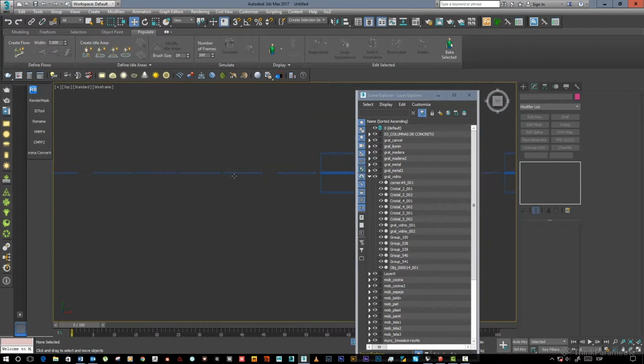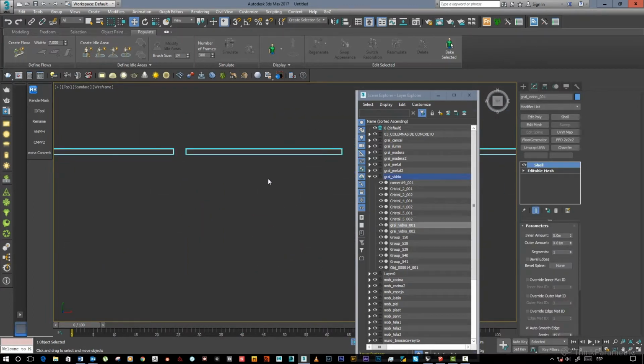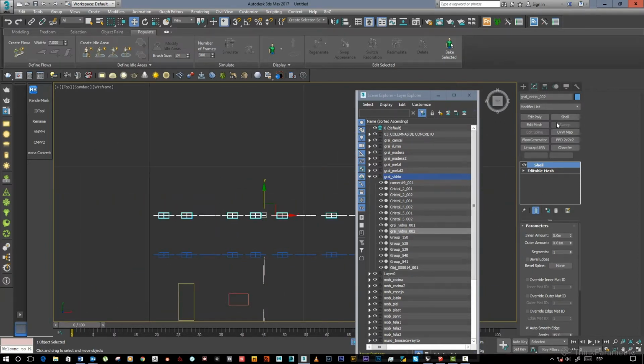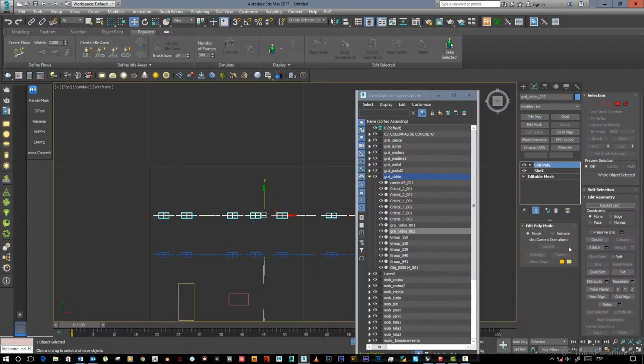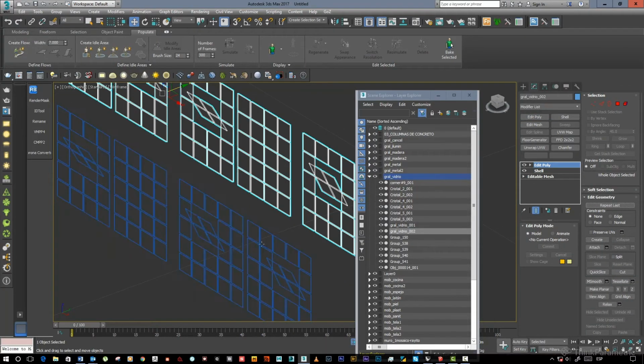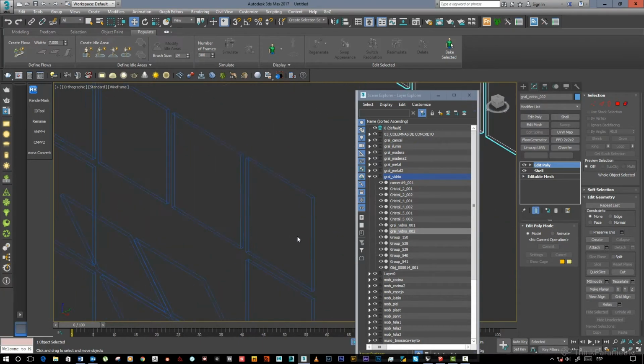So you can see, of course, if I give this a shell and it is instanced, this one gets a shell as well. So let's say every single one of these was scattered around as an instance and the client gave it already a shell.